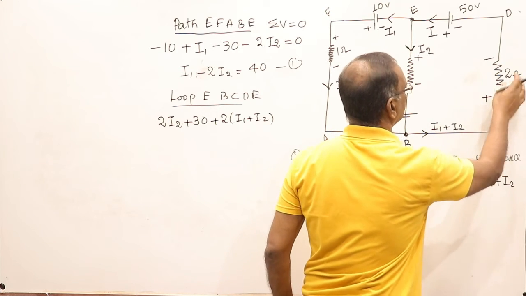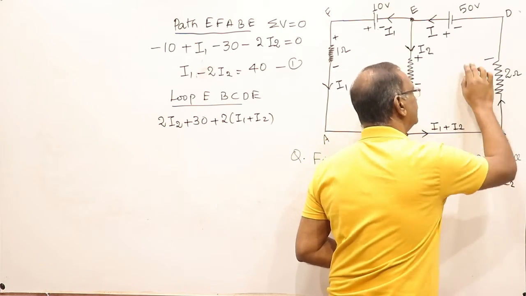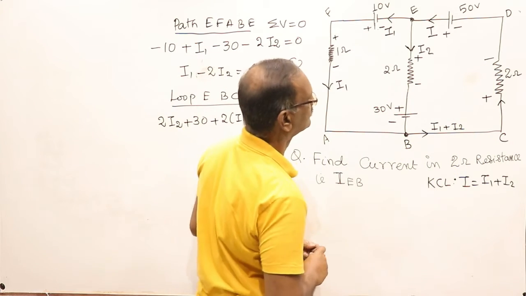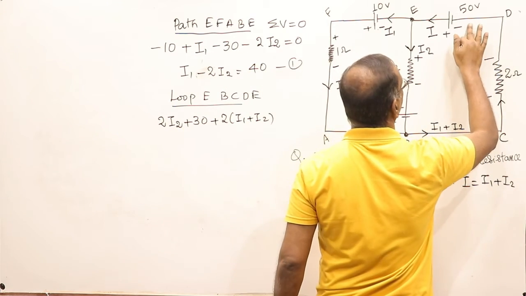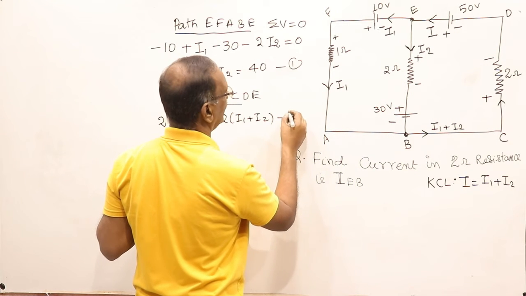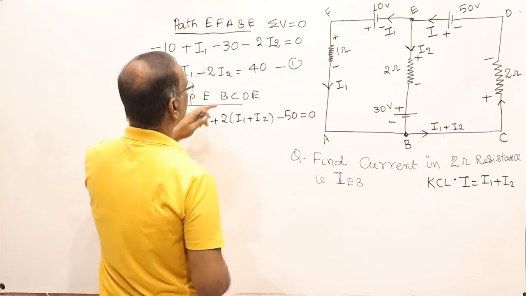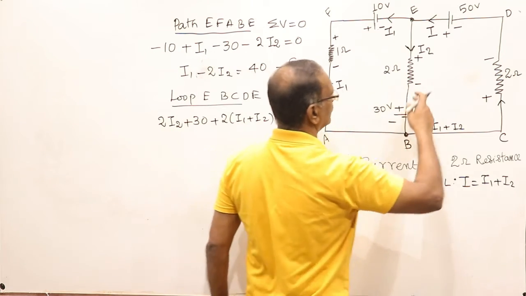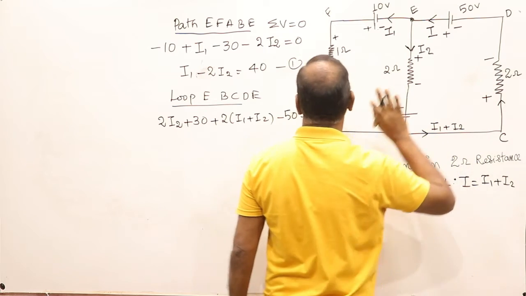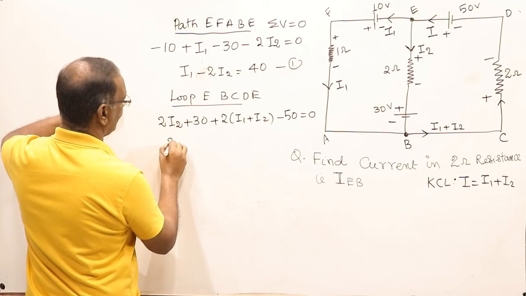This multiplied is equal to the voltage drop across this one, and we are moving this way, positive to negative, it means higher to lower, so we will take it as positive. Again we are coming back here, negative to positive, so it will be negative EMF and is equal to 50. This is equal to 0. So the algebraic sum of voltages and EMF in a closed loop is equal to 0. We have found out. Now this is equal to 2I1.